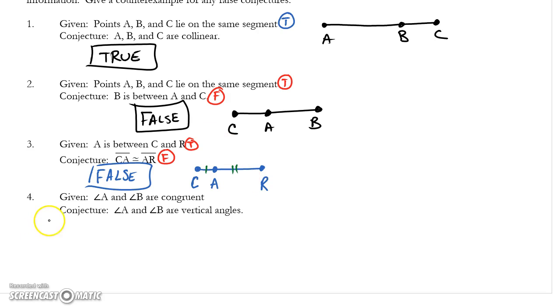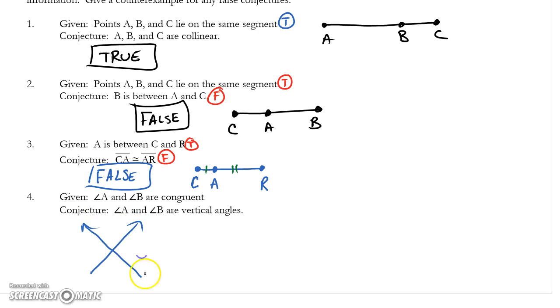Now, number 4, this one's a little trickier because we haven't talked much about angles other than vertical angles. And when we did talk about vertical angles, we told you they are congruent. So it's easy to say, well, if A and B are congruent, then A and B must be vertical angles. And similar to number 3, it's true that if they are vertical angles, then they are congruent. However,